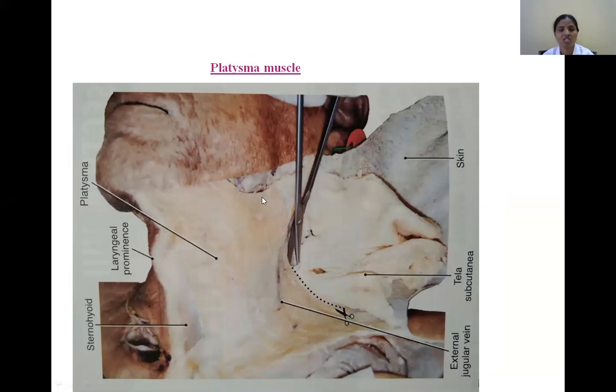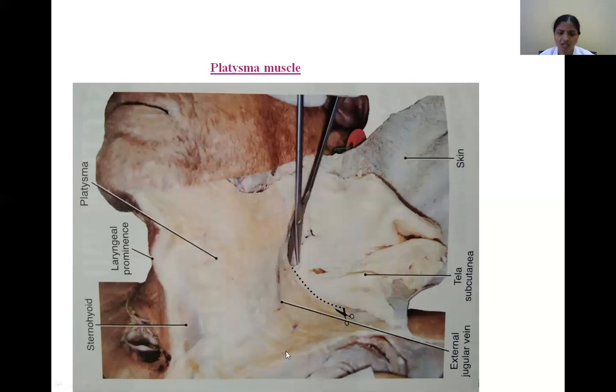By its nerve supply, we can tell this is a migrated muscle of the face because it is supplied by the facial nerve, the cervical branch of the facial nerve. By doing the dissection in the superficial fascia, exactly at the apex of the parotid, here you identify the apex of the parotid gland. Through this apex, the nerve comes out to supply this muscle. So the branch is called the cervical branch of the facial nerve. By its innervation, the platysma muscle is a migratory muscle of the face, right?